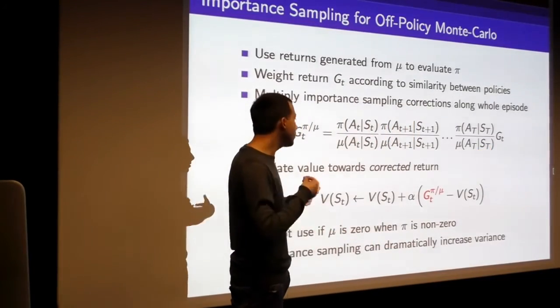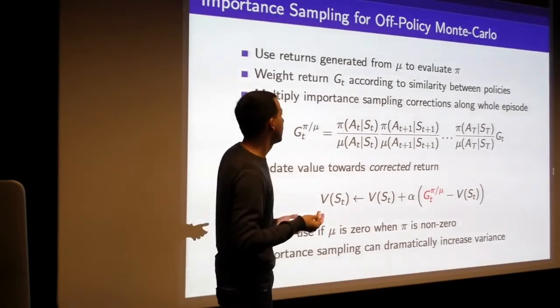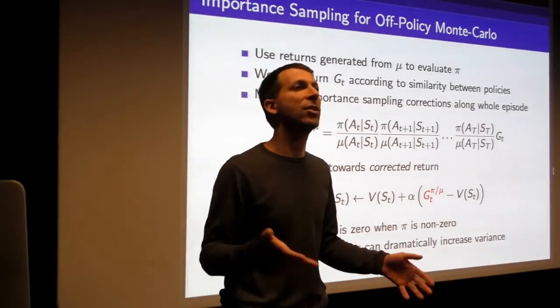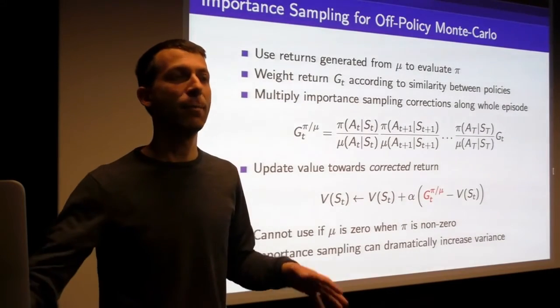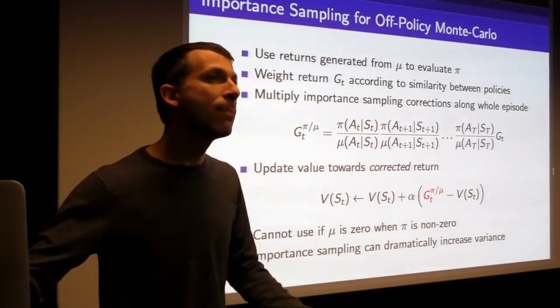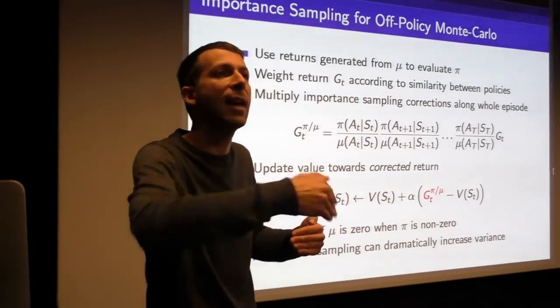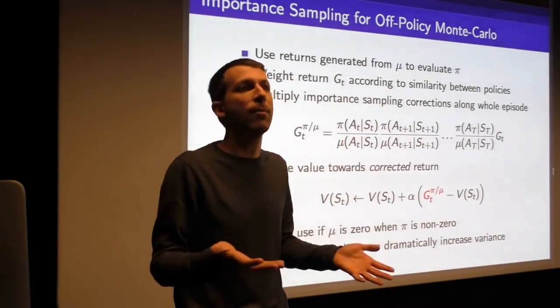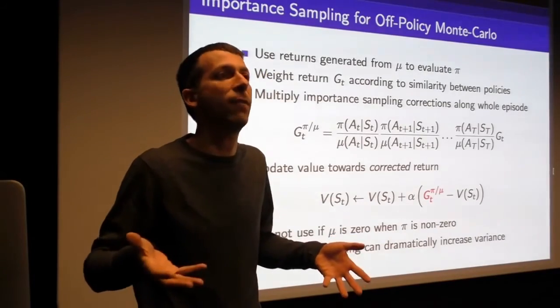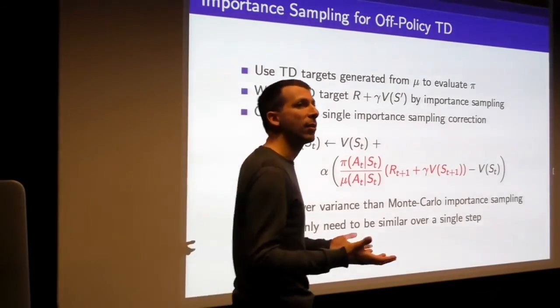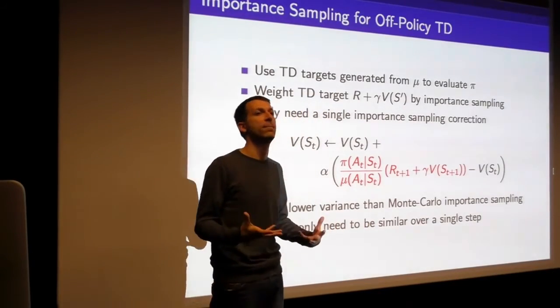So you can use this idea, but it's extremely high variance, and in practice it's just useless. Okay? So Monte Carlo learning is a really bad idea off-policy. It just doesn't work because over many steps your target policy and your behavior policy just never match enough for it to be useful. And so you have to use TD learning when you're working off-policy. It becomes imperative to bootstrap.